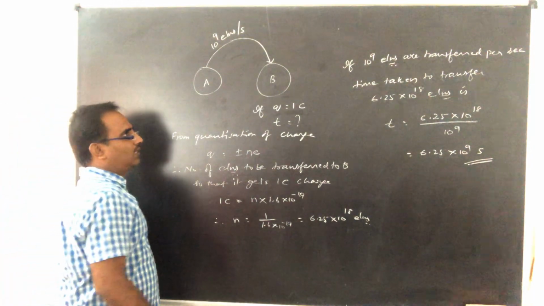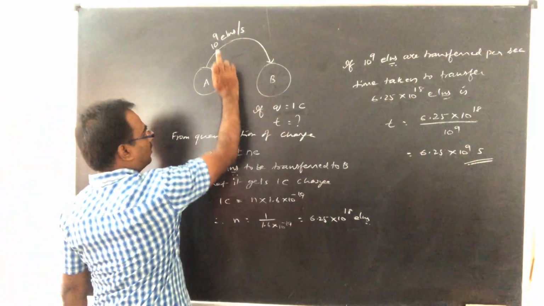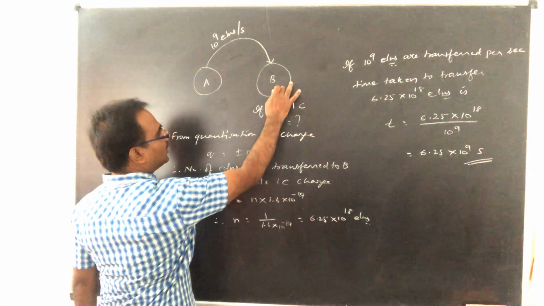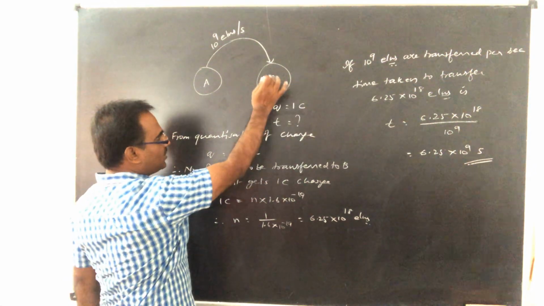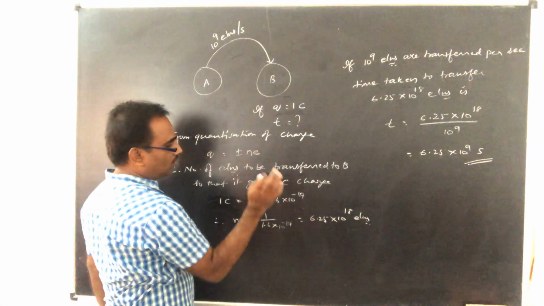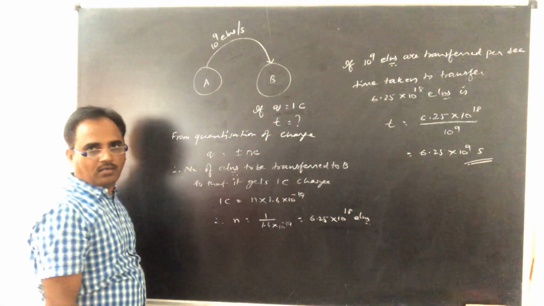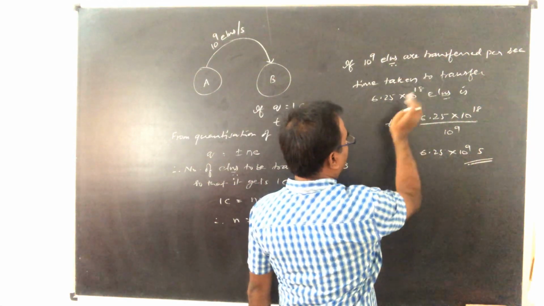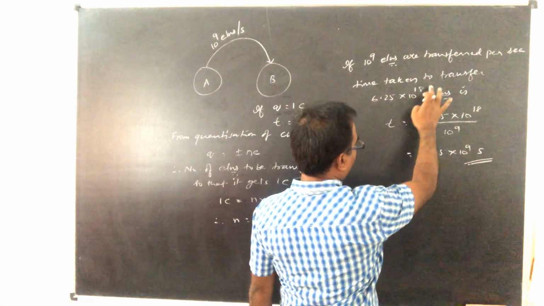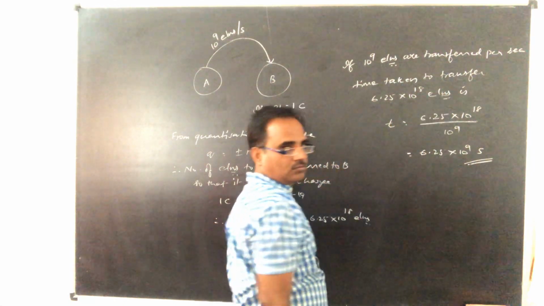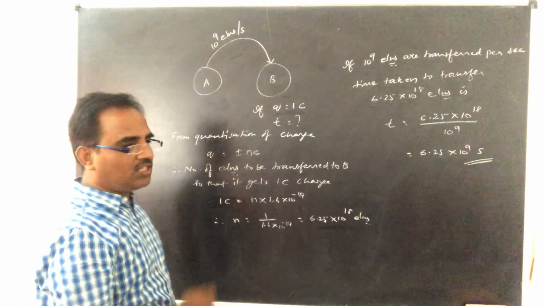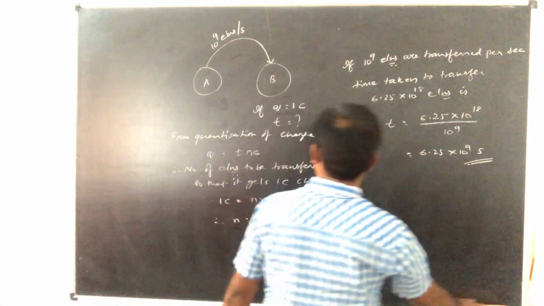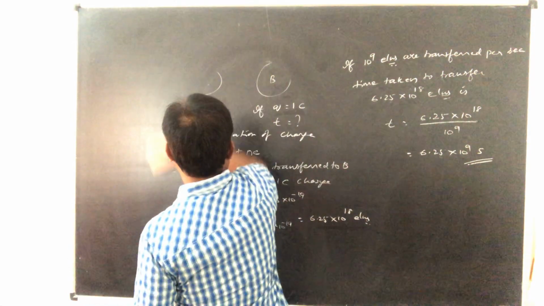So in the problem it is given that if this many electrons are transferred from here to here in 1 second, how much time is required to charge it by 1 coulomb? If this is to get 1 coulomb of charge, this many electrons are to be added. In 1 second, 10 to the power of 9 electrons are added. For adding 6.25 into 10 to the power of 18 electrons, it needs this much time. So you can expect these types of simple problems, particularly in CET examination. Now shall we look at another problem.